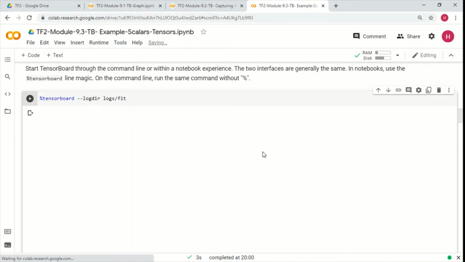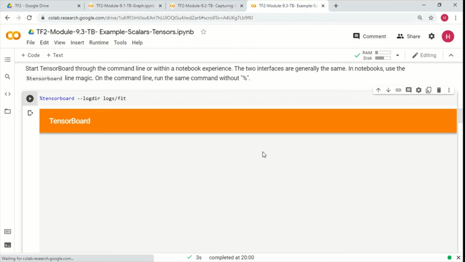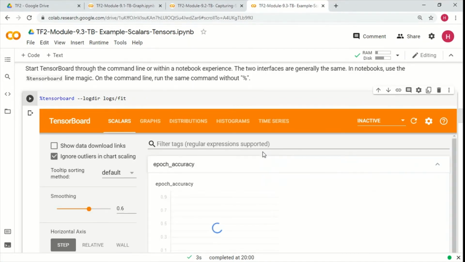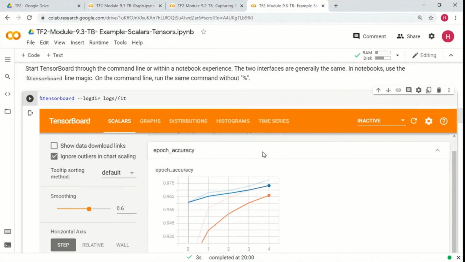It does take a bit of time for TensorBoard in the notebook to load, so just don't panic if it doesn't do it immediately.